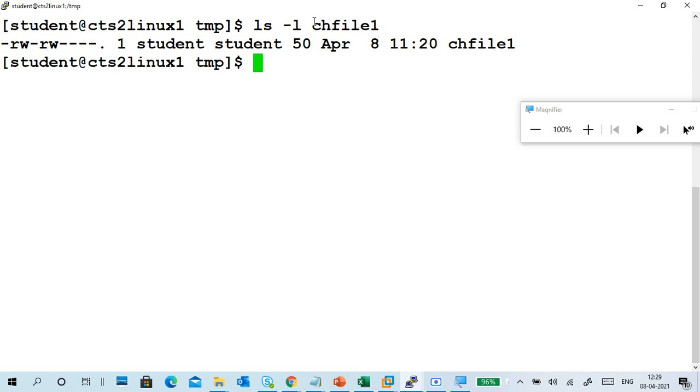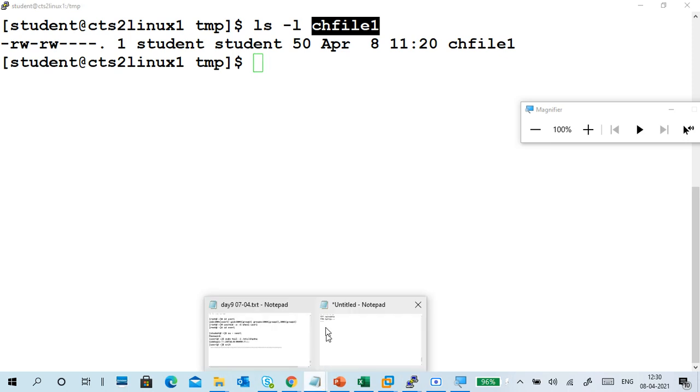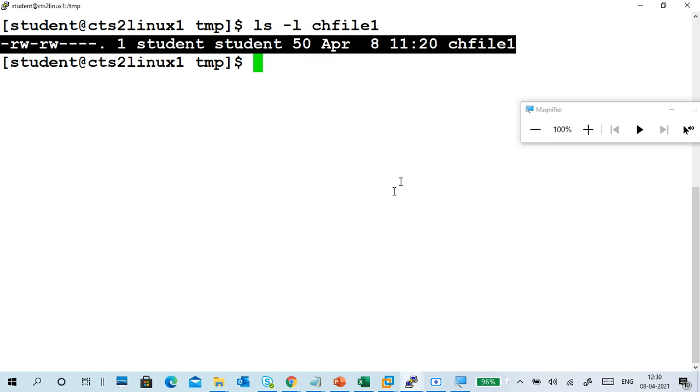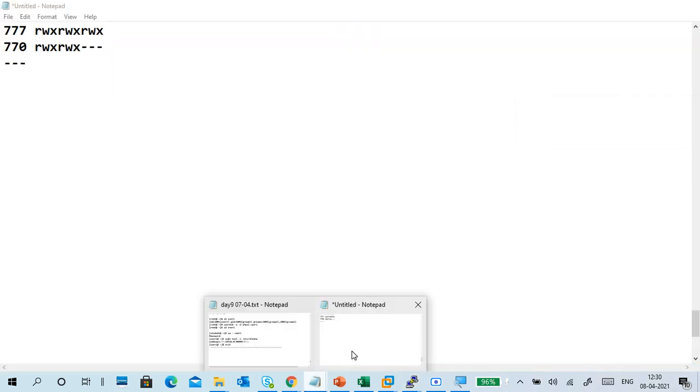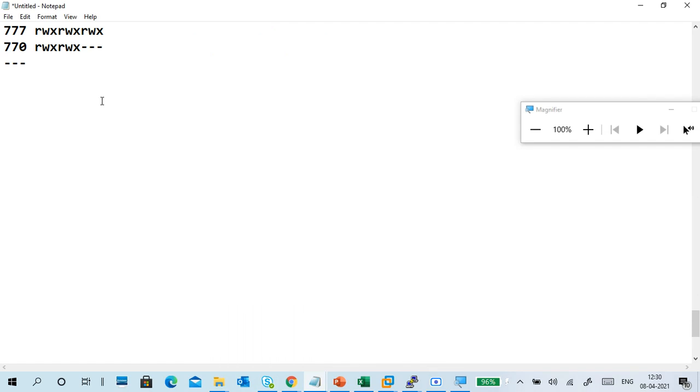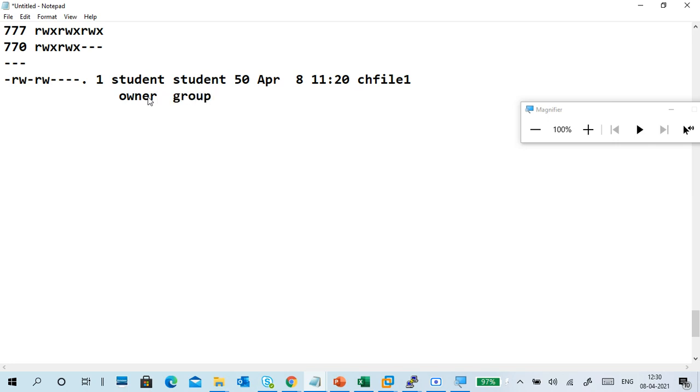For example, I want to change this file's owner. So again I'm copying this permission and keeping it here. I want to change the owner. Okay, this is the owner, right? Owner means user, which is group. I want to change this owner.